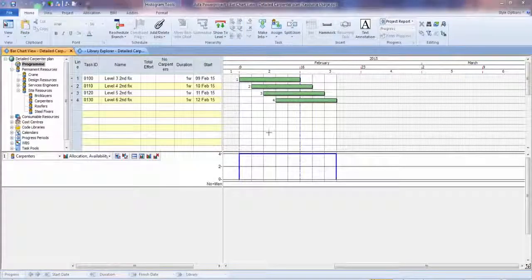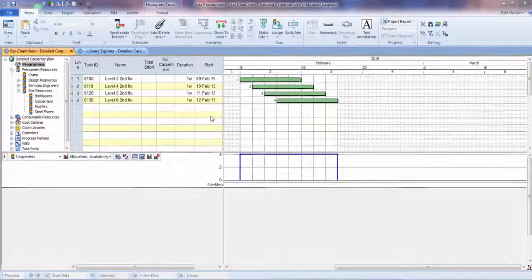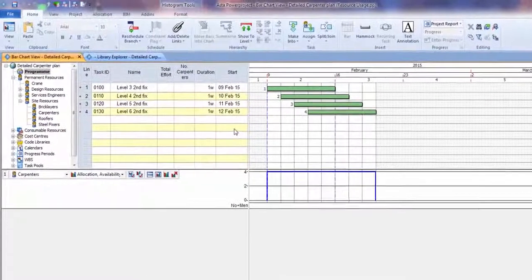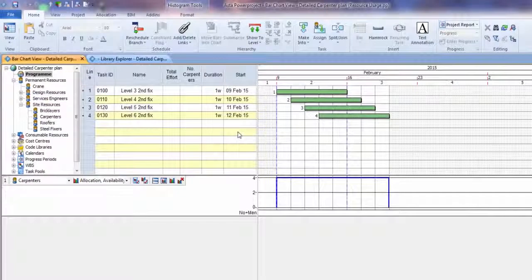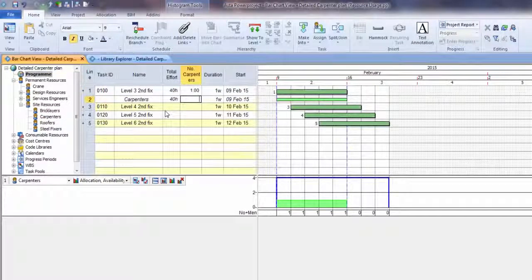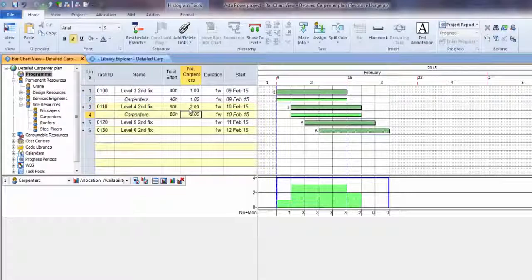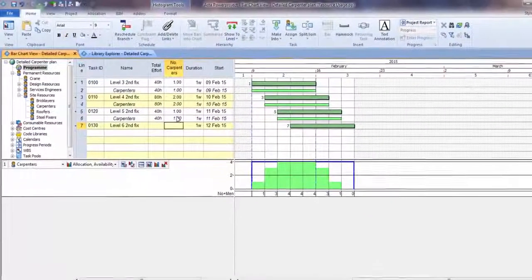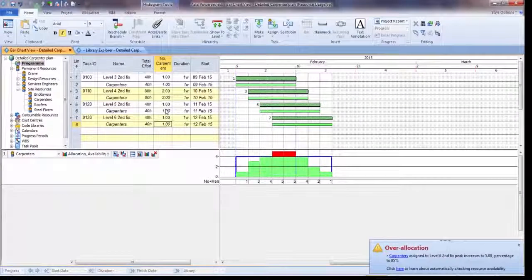So the version 13 feature is about resource tables and numbers behind the graphics on the body of the plan or on the histogram. So I've got a few activities here, and I'm just going to add some resources to each activity. So we're going to have a couple of guys on there, one guy on there, and one guy on there. So we've gone over allocated. We get a warning, as you can see on screen here,